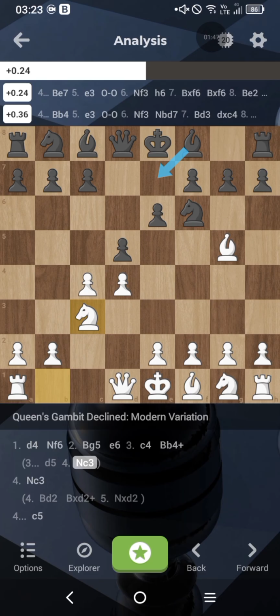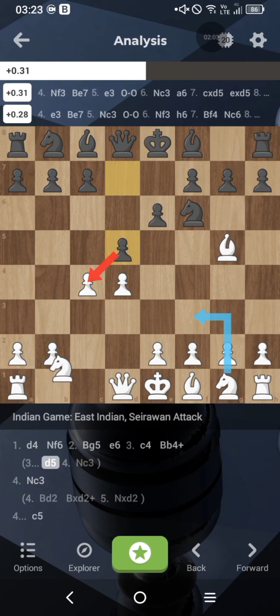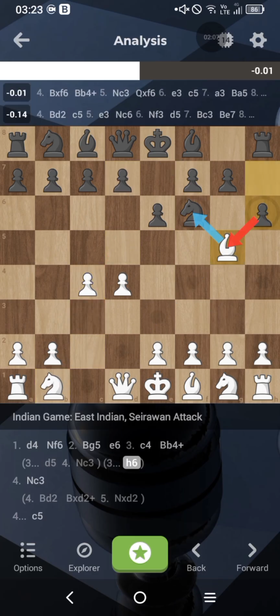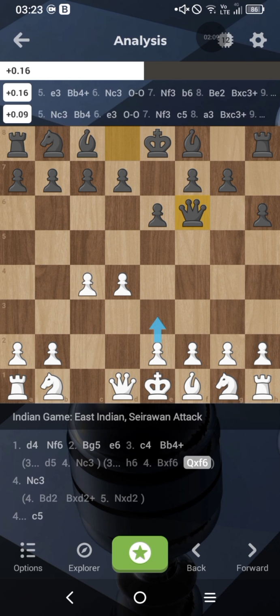Maybe if you're playing the Catalan, you'll know some basics about the lines, but if you do not play the Queen's Gambit at all, like you play, I don't know, a London or something that is not Queen's Gambit or Catalan-like, you're going to struggle. So that's another reason why I don't recommend it. Also, there's also other moves like a6, and if you actually stumble into something that remotely looks like a Trompowsky attack,